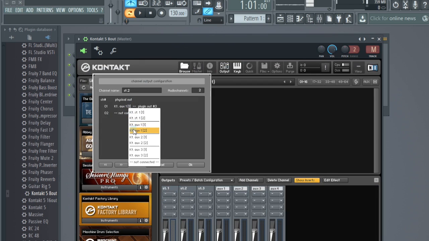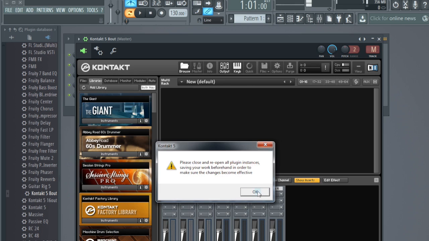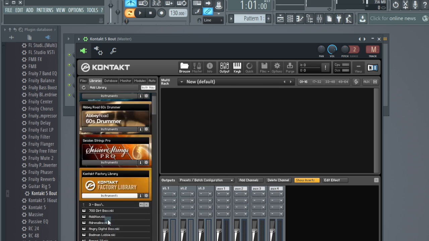So you go to the next set of the available stereo outputs. And then go to your third. You're going to go to the next available outputs. Don't worry about the names on these. They look like weird names and they may look different in your program, but don't worry about that. Just go to each stereo pair. So this is first stereo pair, second stereo pair, third stereo pair. All right. Great. So we say okay, it's going to give us an error, and that's fine. We just say, all right, thanks a lot, Kontakt, for letting us know.